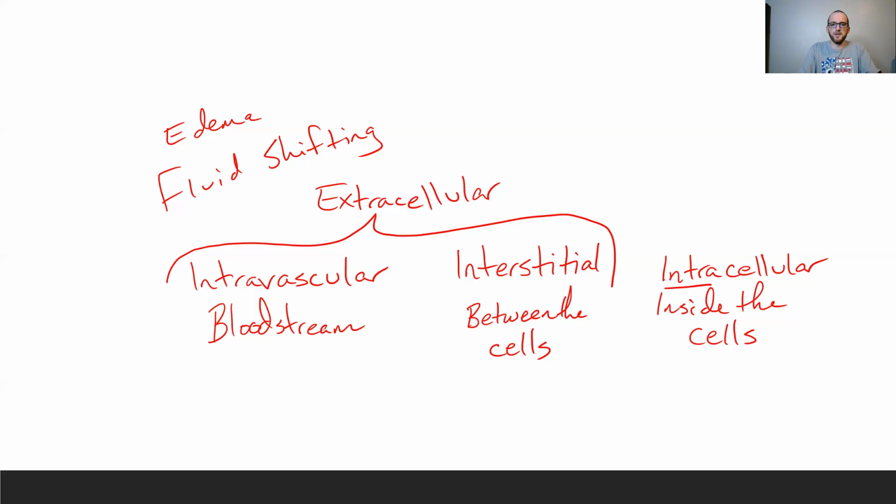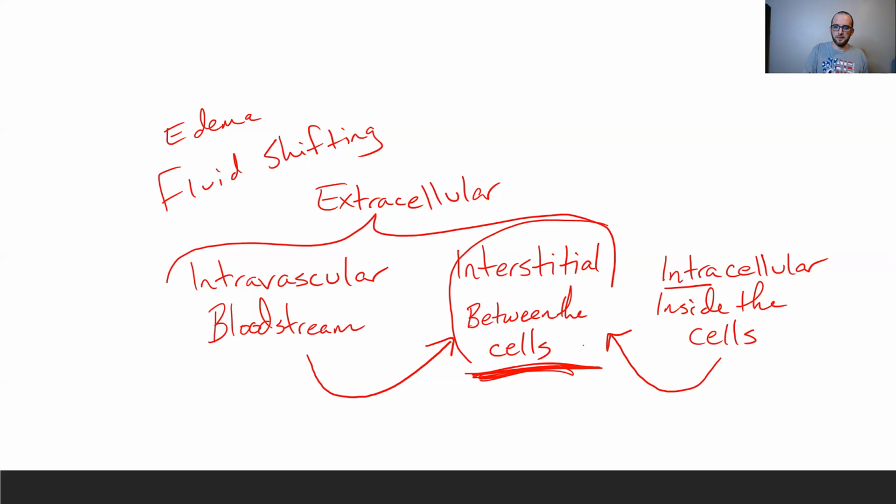So what happens when we damage the skin and we get those burns? Fluid starts shifting into the tissues, into this interstitial space. So some fluid shifts from the bloodstream into the tissue, and some fluid may actually shift outside of the cells as well. So that fluid starts building up in the tissue, in that interstitial space,